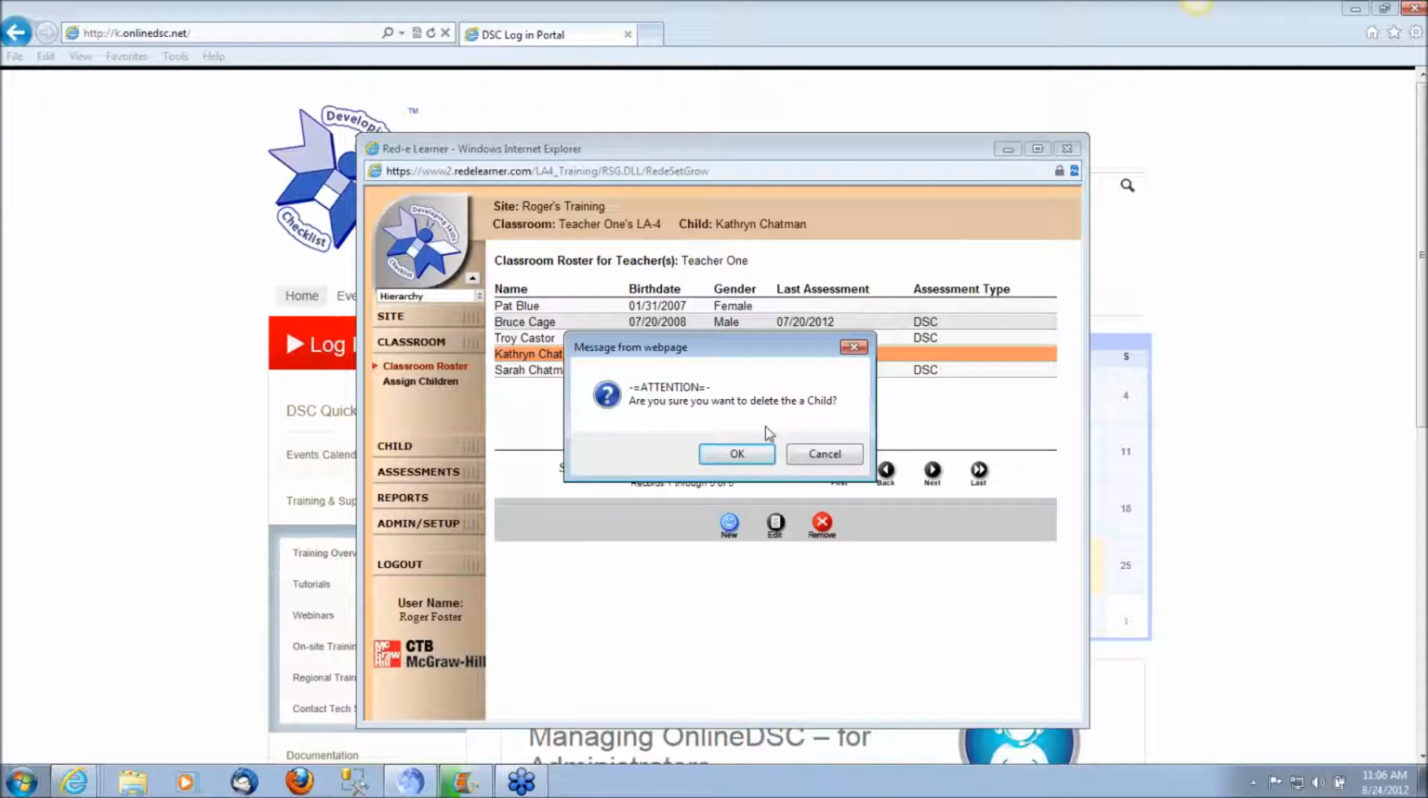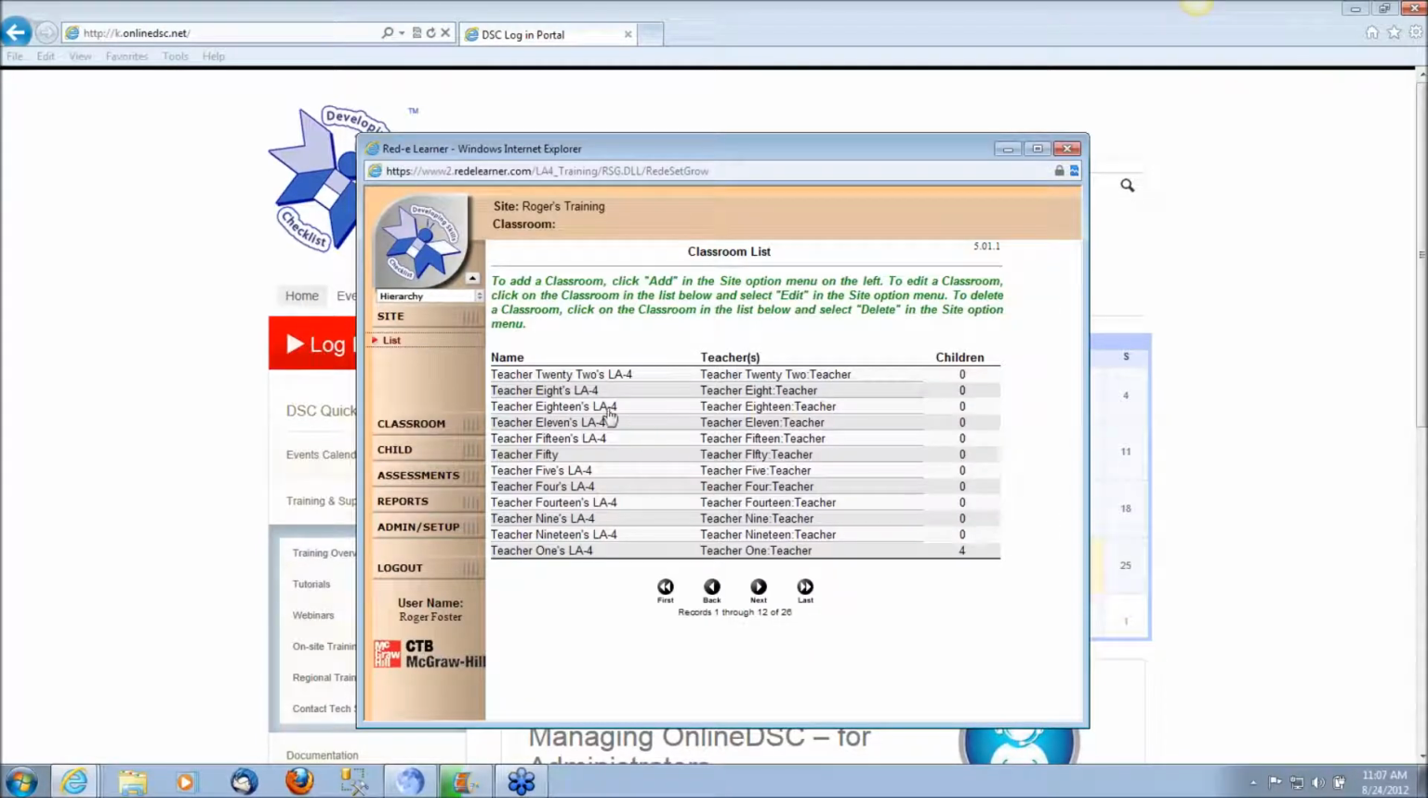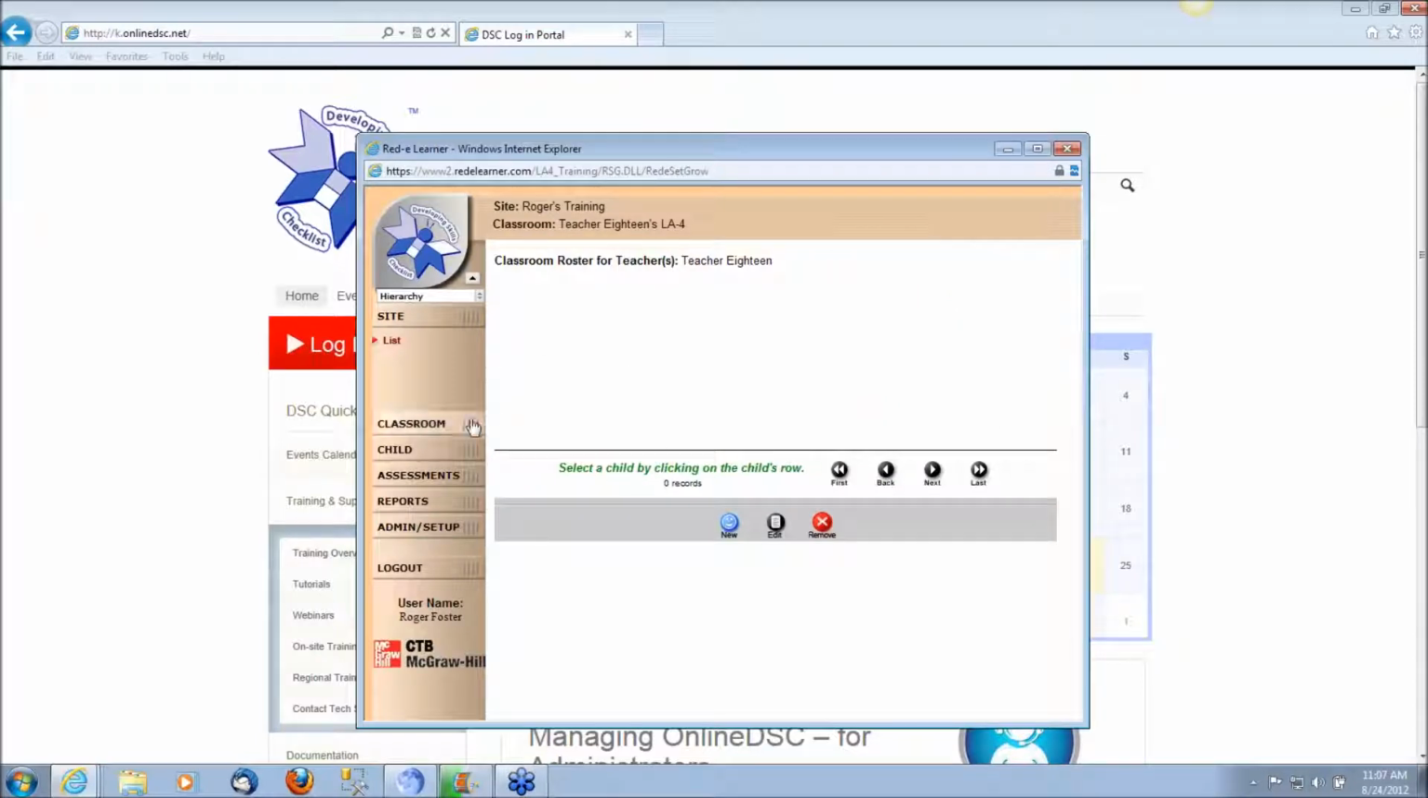The system will confirm that you are deleting the child. However, the child is not deleted. It is simply removed from the classroom. When a child is removed from the classroom, they are placed into an inactive status. From that inactive status, the child can be assigned to any other classroom throughout your organization, essentially the state of Louisiana. If you are moving a child between classrooms within a site or within your parish or district, you can simply then select the other location where you would like the child to go,